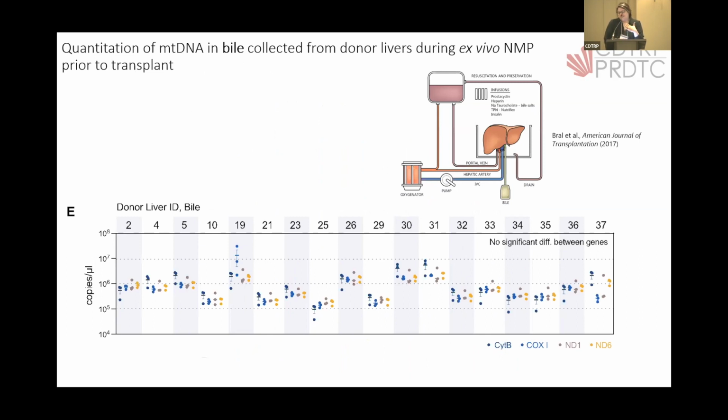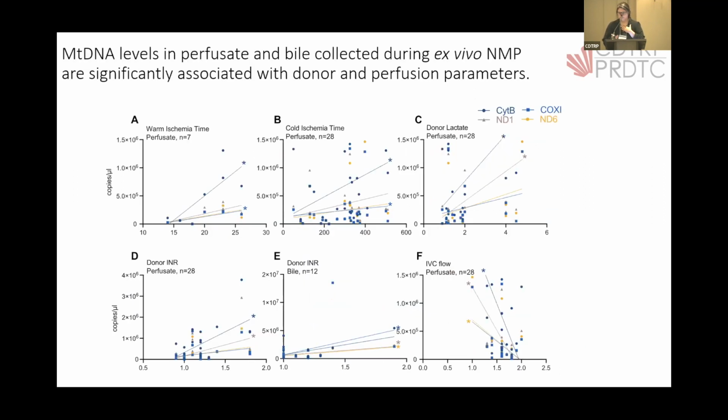So this is what I'm most excited about. We were actually able to isolate mitochondrial DNA, and it amplified beautifully in bile, which was surprising because it's bile. It's very caustic, but I'm showing you all 4 mitochondrial genes for the livers that did. So this is N of 18 produced bile while they were on the perfusion apparatus. So we anticipate that this may be a metric for biliary health, or looking at tissue damage coming specifically from the biliary tree, which we're excited about as well.